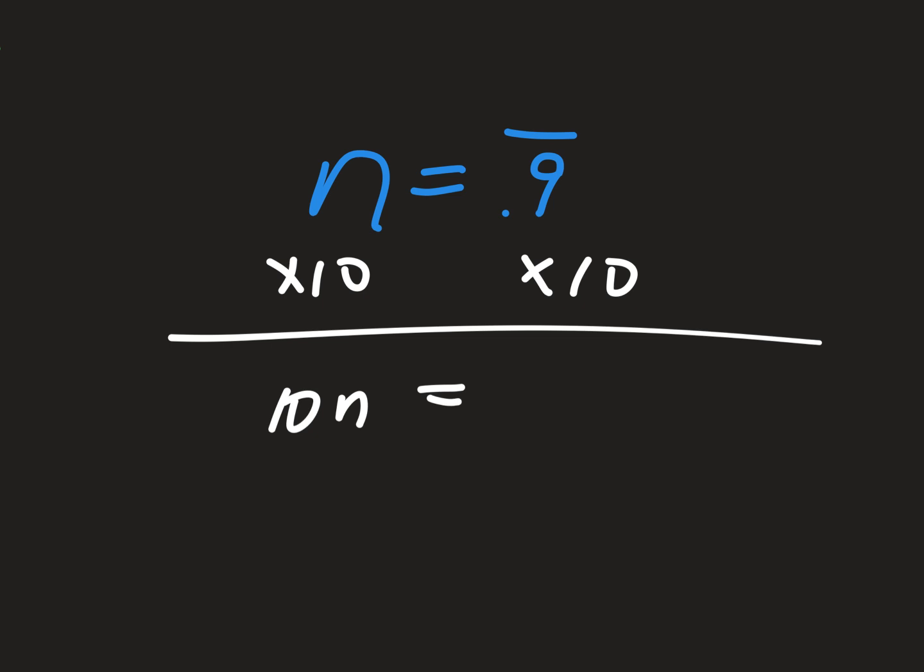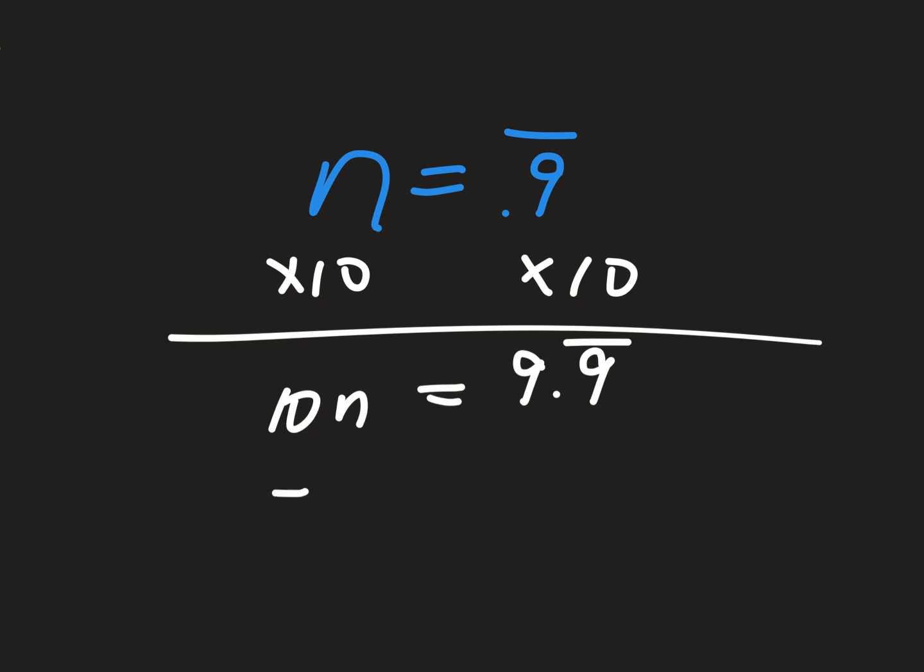Times by 10, don't you just move the decimal over one spot? All right. So this would be 9.9 repeating. Okay. Next thing, remember, I can add anything I want. I can subtract anything I want. I'm going to subtract